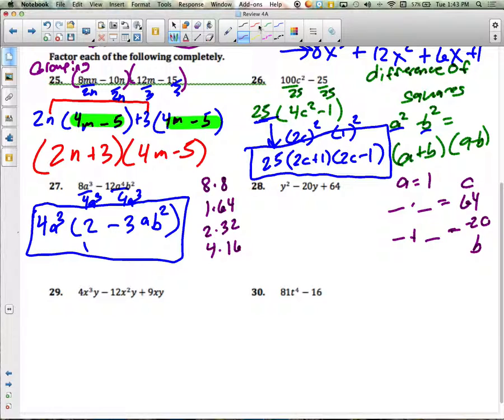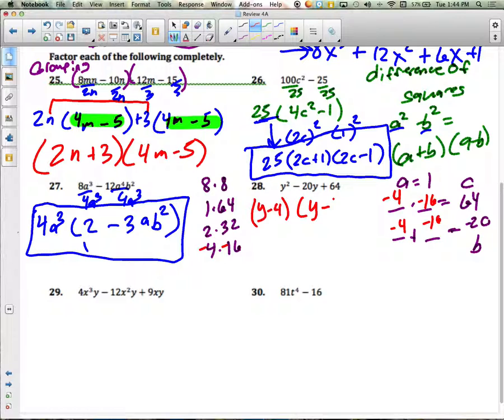So if you think about it, a negative 4 times a negative 16 gives you positive 64 when you multiply, and then a negative plus a negative gives negative 20. So those two numbers will work. Negative 4, negative 16. So it factors to y minus 4